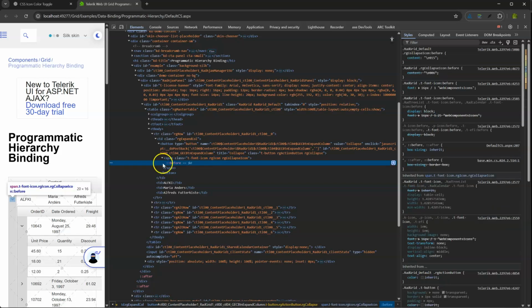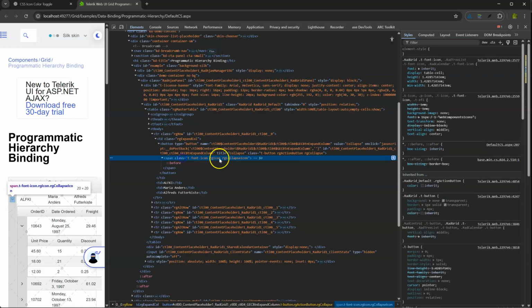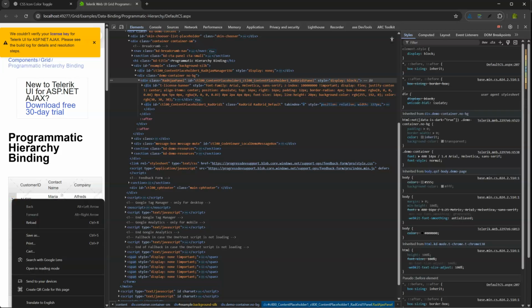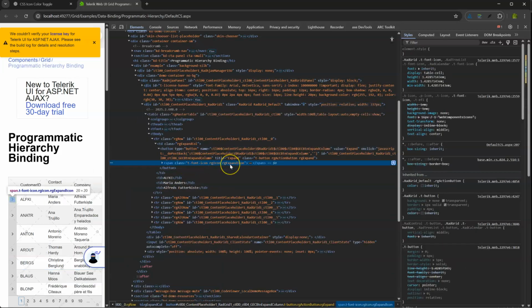Of course, we have set initially the render mode of the grid to be lightweight. In that mode, it uses font icons. So we have the rgCollapse icon class. When it's collapsed, we have the rgExpand icon class. So we should create such selectors on our page with the grid,